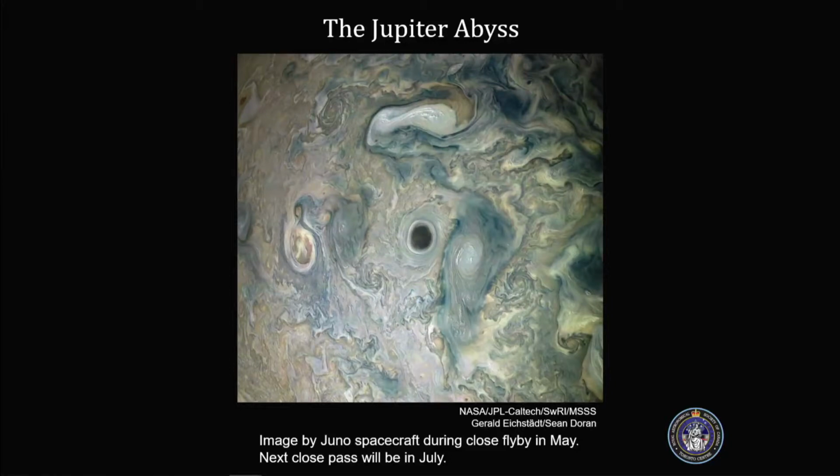This picture was taken by the Juno spacecraft when it was 15,000 kilometers above Jupiter's cloud tops, and it's going to make another close pass again in July. So maybe we'll have another look at this eye looking at us. Now,